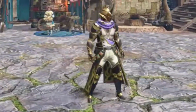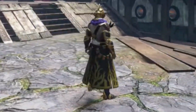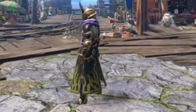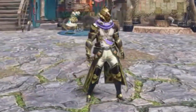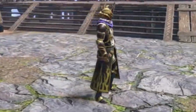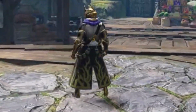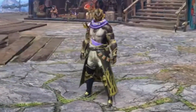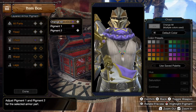Finally then, in first place is, again, one of those sets that on paper you would never think would work. Imagine combining Geismagorn with Bahari's scientist set. No, ridiculous, right? Well, no, you're seeing just how good that ends up being. Granted, it's just Geismagorn arms, but again, it is a 5 different set combination, a great weapon choice too, and I adore that Seregios helm poking out of the scarf from the professor's jacket,